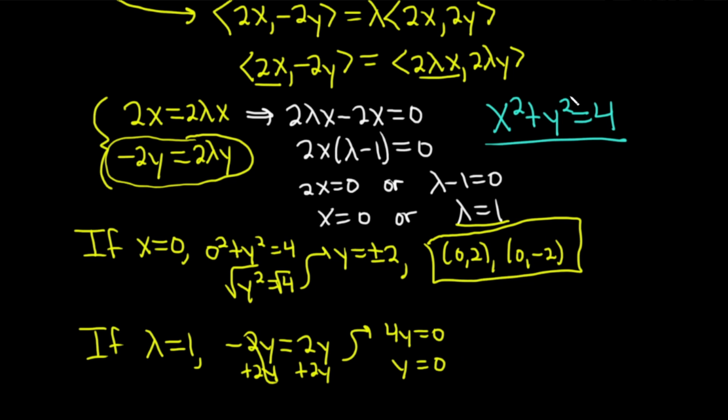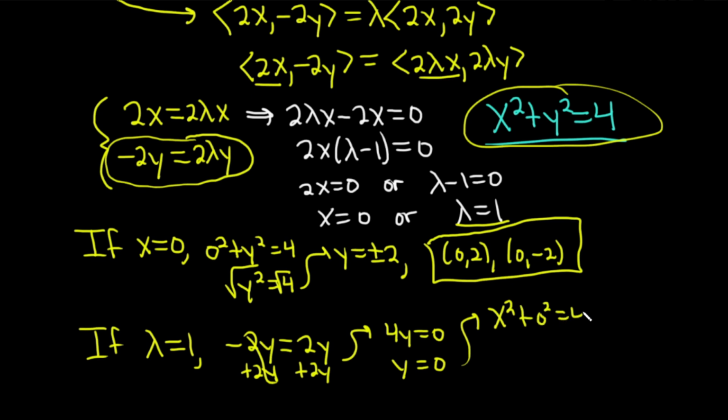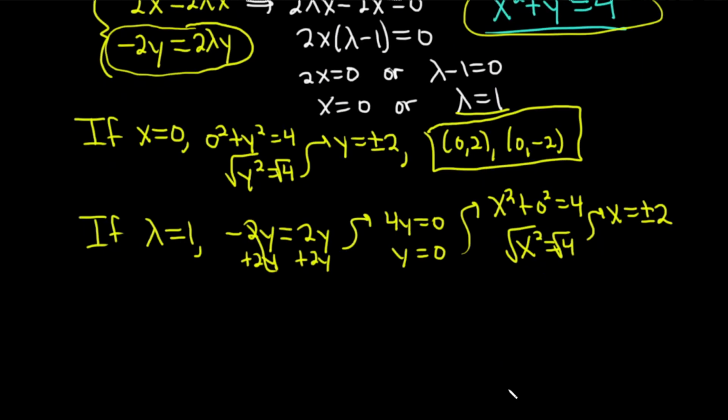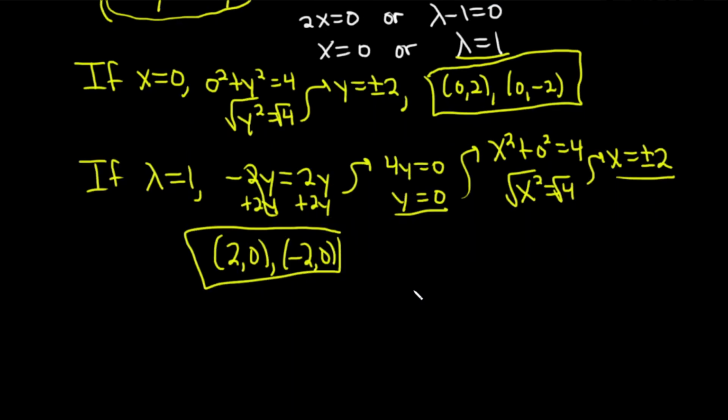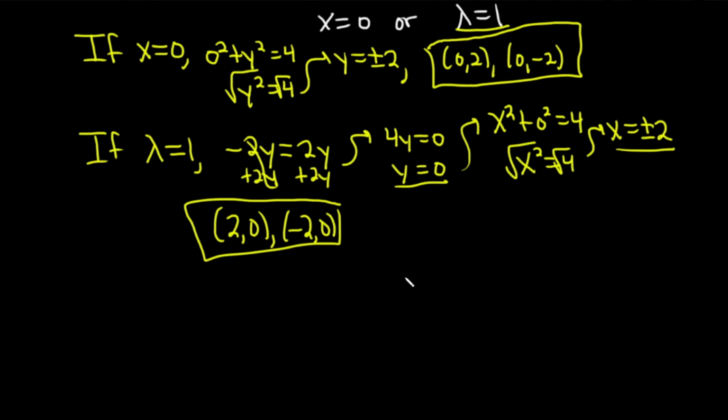Oh, and then we can take the 0 and plug it into our constraint. So we would get x squared plus 0 squared equals 4. So x squared equals 4. Just like before, take the square root. You get a plus or minus 2. So very, very similar to what we just did. So we would get two ordered pairs here. Y is 0, x is plus or minus 2. So we get (2, 0) and (-2, 0). So we have 4 different ordered pairs. So now what we're going to do is take these numbers and plug them back into our